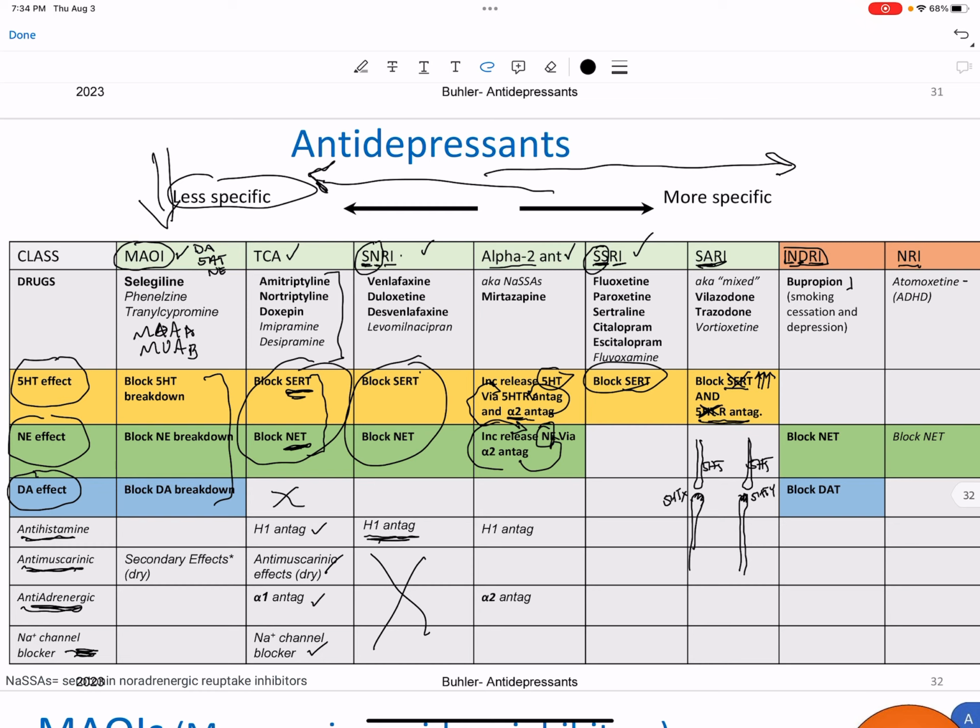If you have this agent that just blocks serotonin reuptake, then you're going to get a lot of serotonin in both of these synapses, both of these pathways. But if you have a drug that blocks reuptake and antagonizes this receptor, then that receptor doesn't care that you increased serotonin levels because that signaling is blocked anyway. So now you get increased signaling here because you didn't block it, and you've been able to selectively increase serotonin signaling with one pathway and not another.